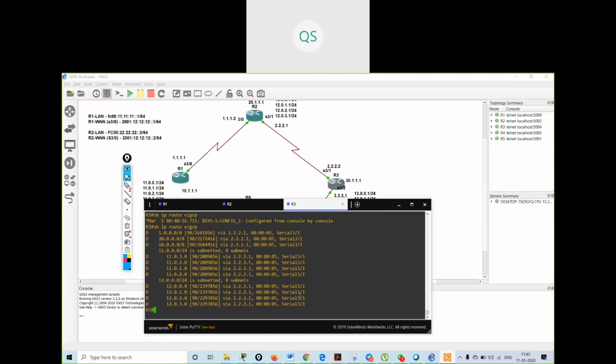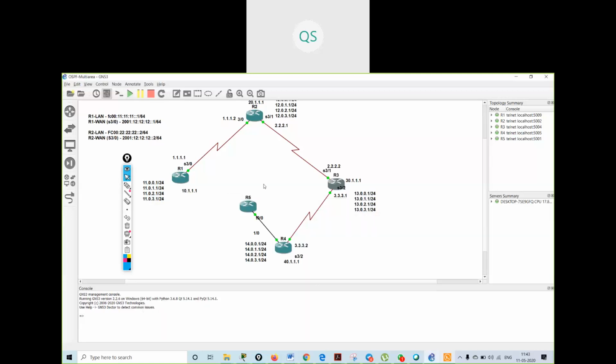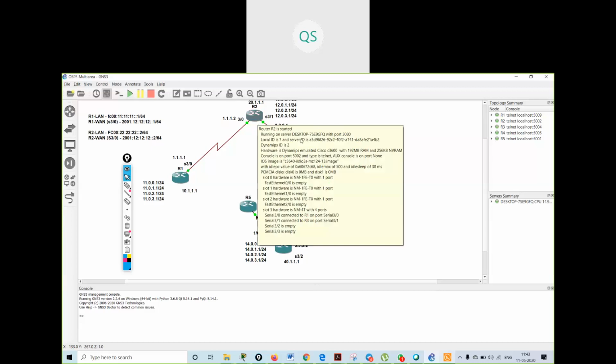I gave you an example where I was having 10 dot network on both the sides. But if I advertise 10 dot network, it will advertise this side 10 dot network also. But I want this 10 dot network to be excluded. So what I will do, I will make this interface a passive interface. So this 10 dot network will not get advertised to R4, only this 10 dot network will get advertised to R2.